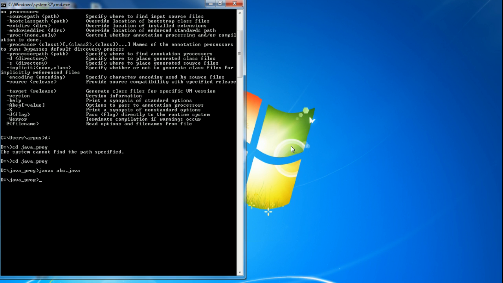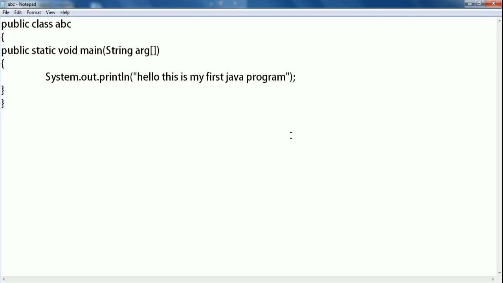So let's create some error. In the source file, let's delete this semicolon and save it.